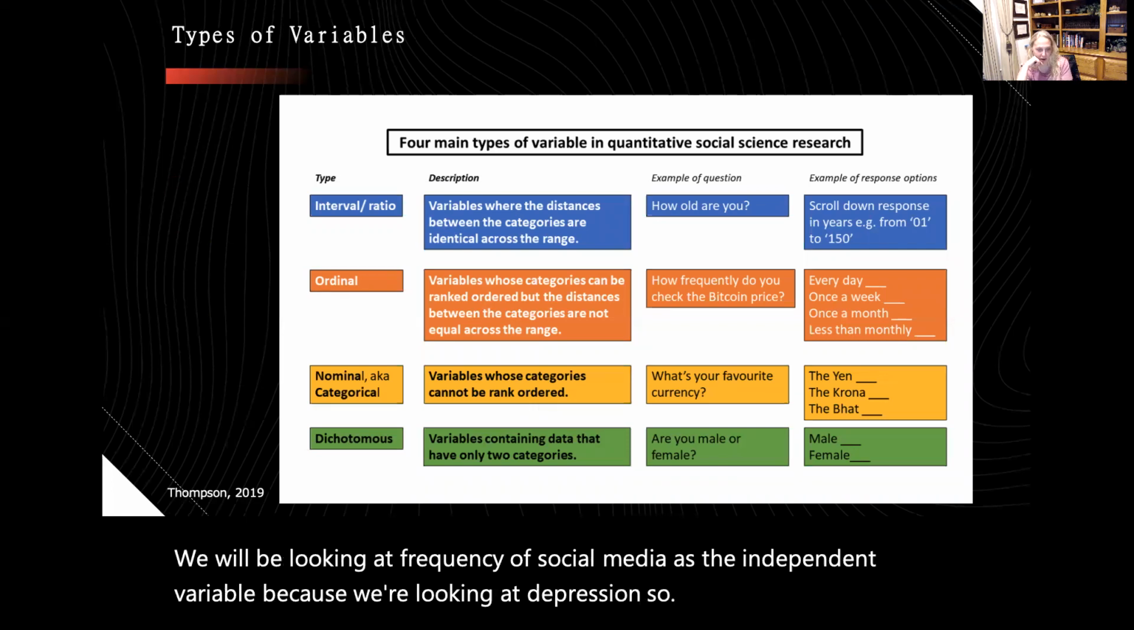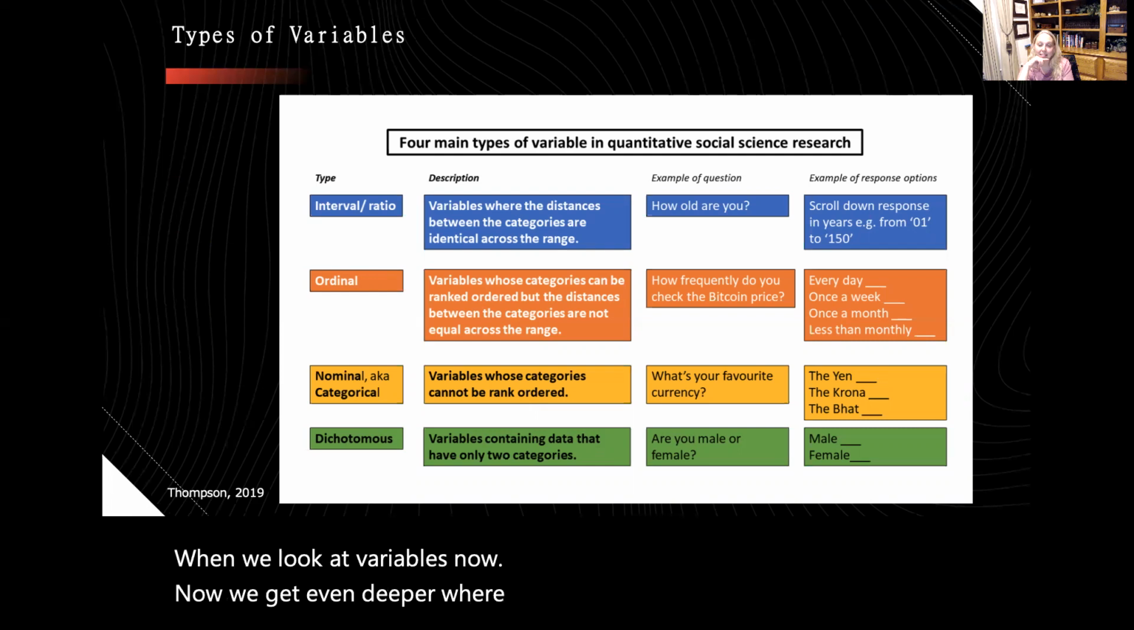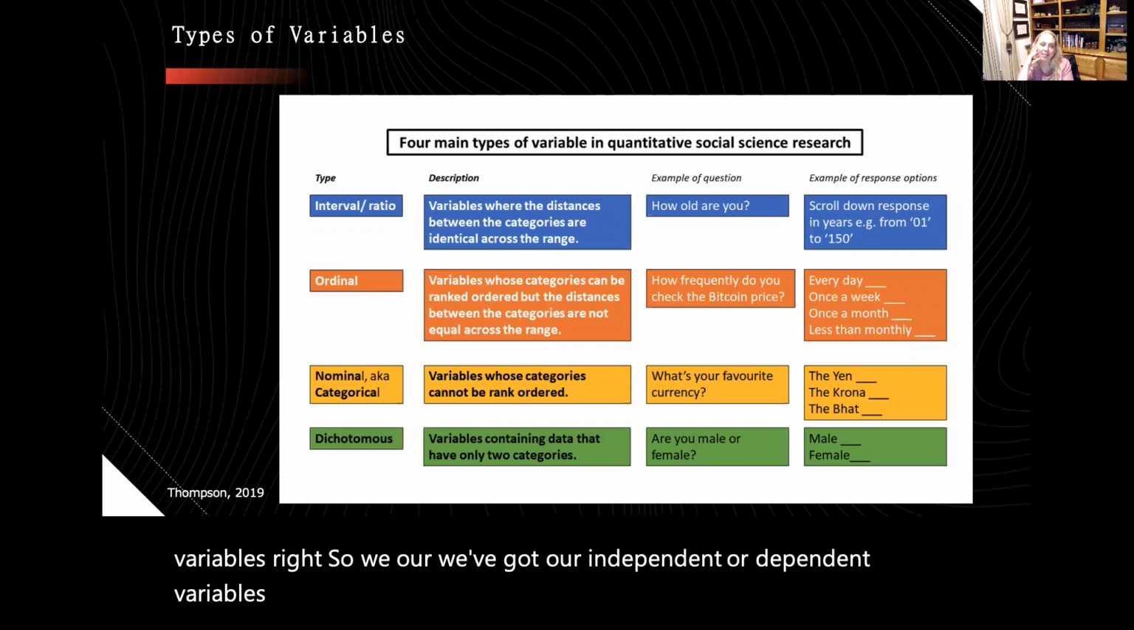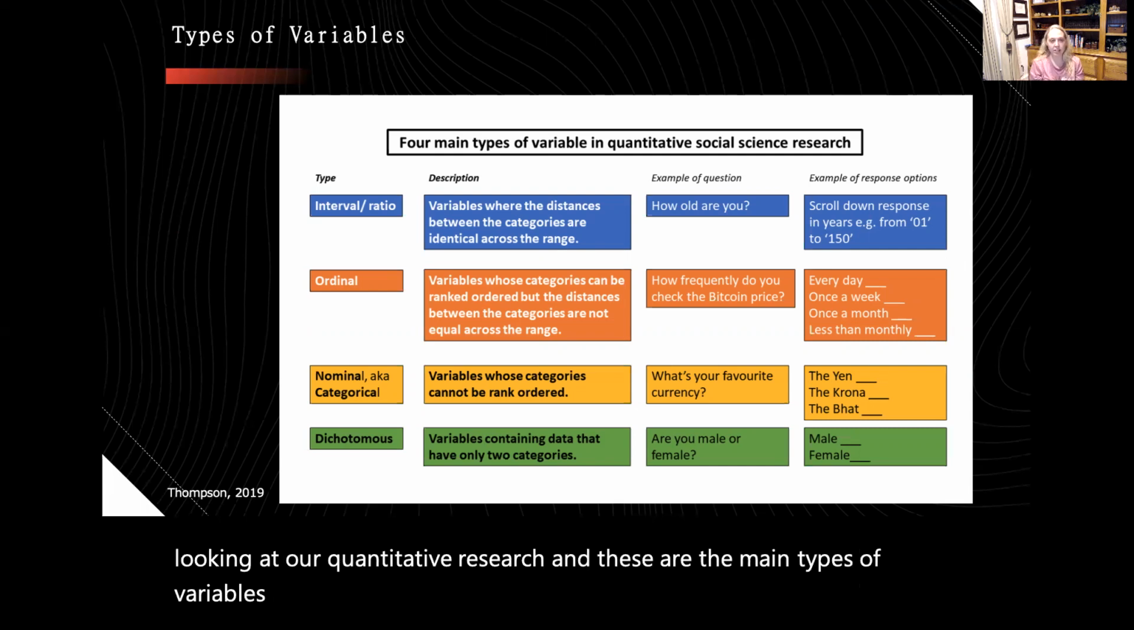When we look at variables now, we get even deeper where we begin splitting into types of variables, right? So we know, all right, we've got our independent and our dependent variables, but how do we study those? What questions do we ask when we're looking at our quantitative research? And these are the main types of variables, right? So you've got your interval and ratio, right? So this is where